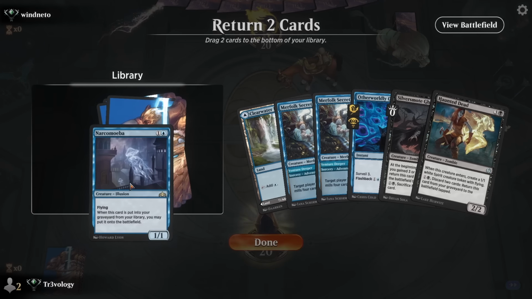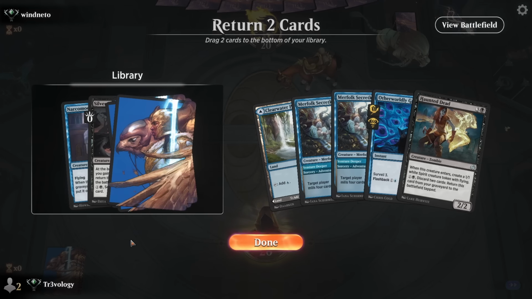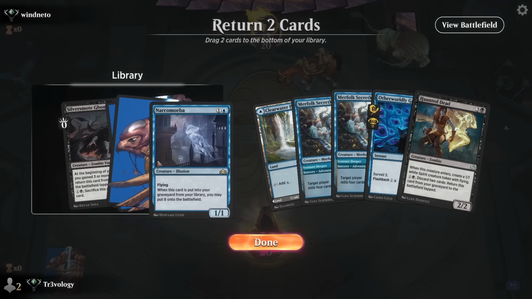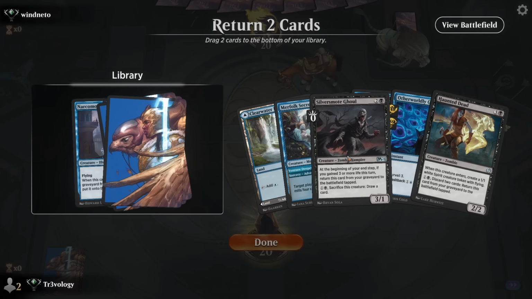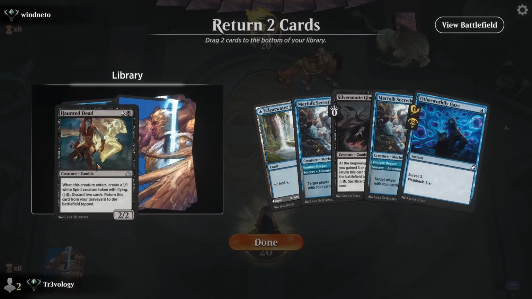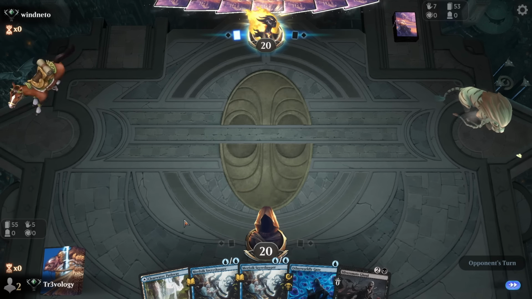Alright. Narcomoeba. Put these back, leave the Haunted Dead, or do we want to look to cast? We don't want to cast a Narcomoeba. I think Haunted Dead's the best thing to keep around. Maybe not. Oh, maybe it's actually Silvermogul, because we're going down on cards, so we don't have cards to activate this. Okay, yeah, I'm done. We haven't got a way to shuffle our library in